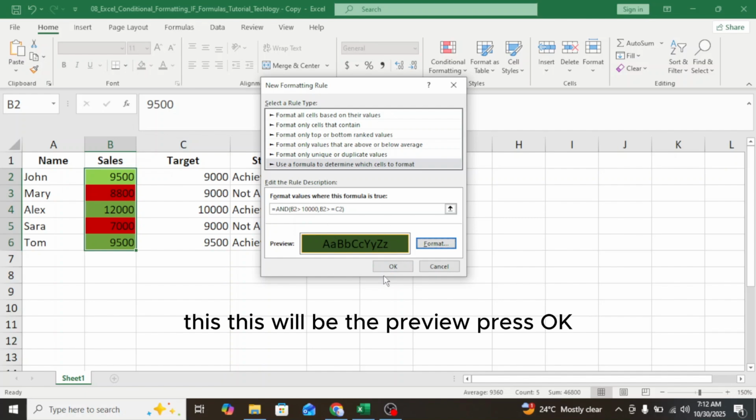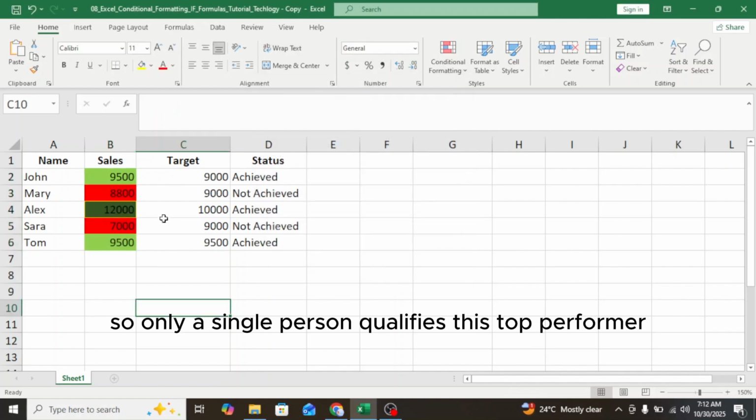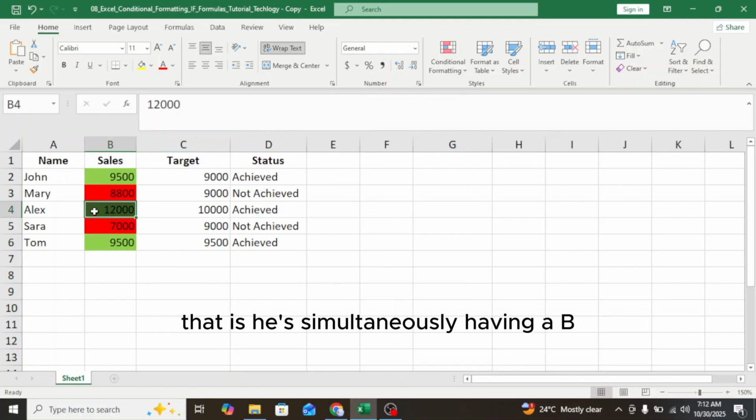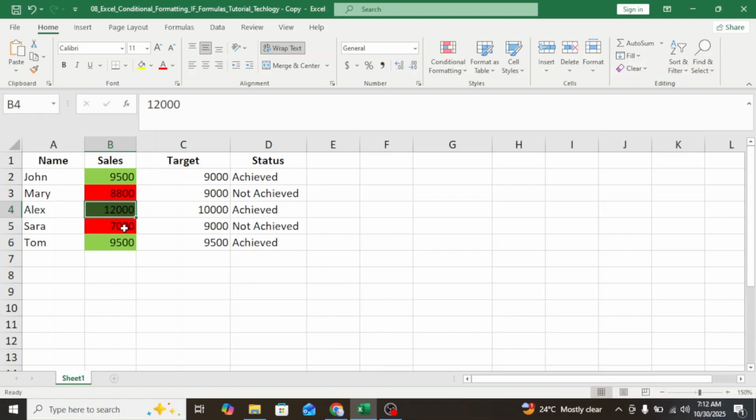This will be the preview, press OK. So only a single person qualifies for this top performer format, that is, he has met the target, as well as his sales are exceeding 10,000. Great.